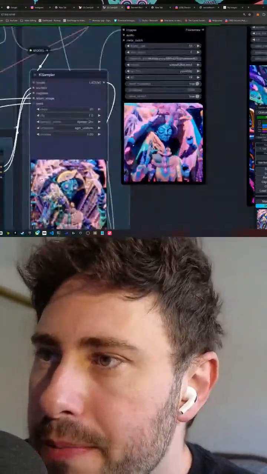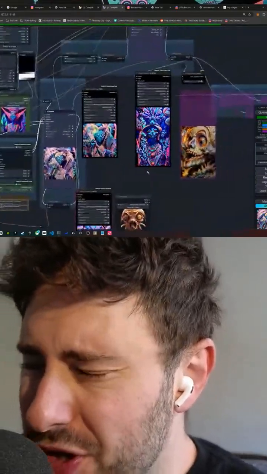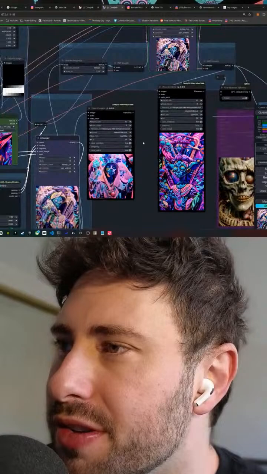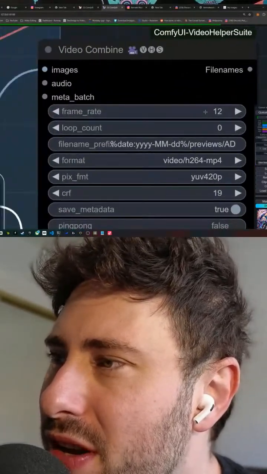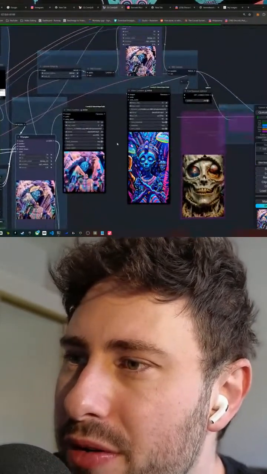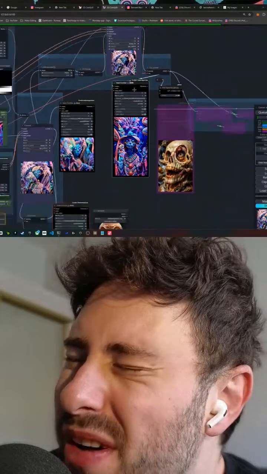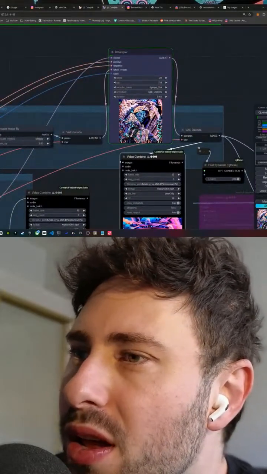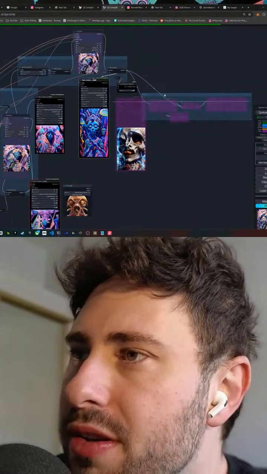Let me interpolate it. What interpolation means is basically jacking the frame rate up from where it originally is. Right now it is at 12 frames a second, as you can see, and I want to multiply that by 5 so that we get a 60 frame variant out of it. Let's do that right now.